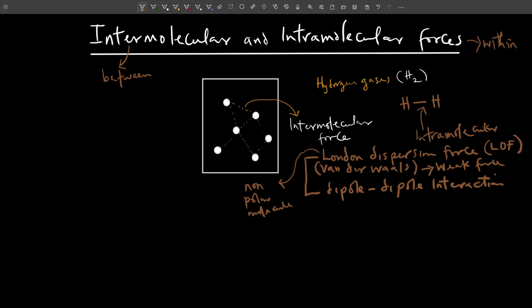How can we actually explain LDF? Let's put it this way. This is an H2 molecule. This is another H2 molecule. So let's explain what LDF actually is. Around an atom, there are usually electrons, right? There are electrons around this molecule. They're moving randomly around the molecule. They're not in one place. So let's just do something like this to represent